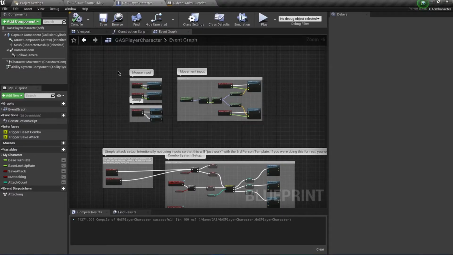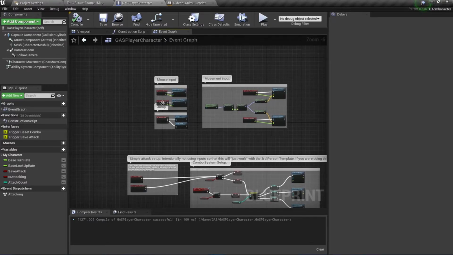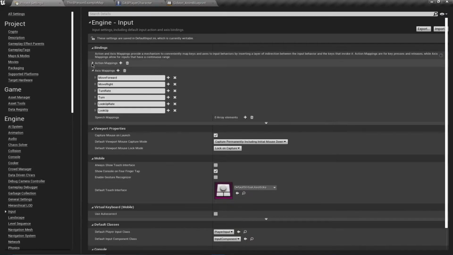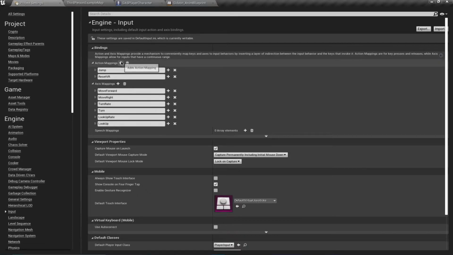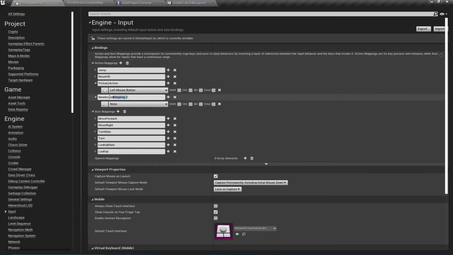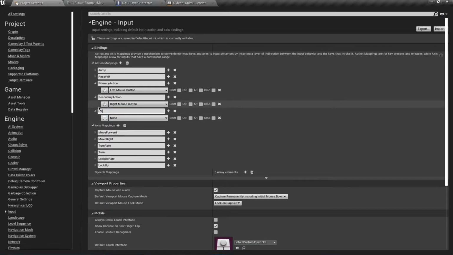Okay, and now what I want to do is just implement some inputs for our abilities. So going to project settings and go to input, and I'm going to define a few action mappings. Okay, so first one is going to be primary action, and this is going to be my left mouse button. Next, I'm going to define my secondary action, and this is going to be my right mouse button. And then I'm going to say Q ability action,